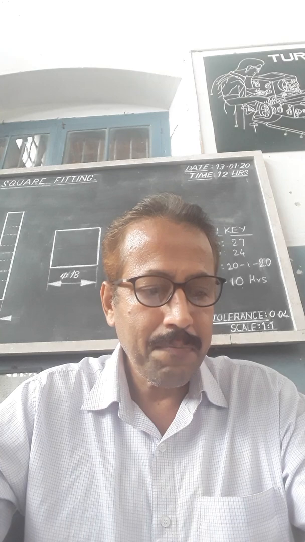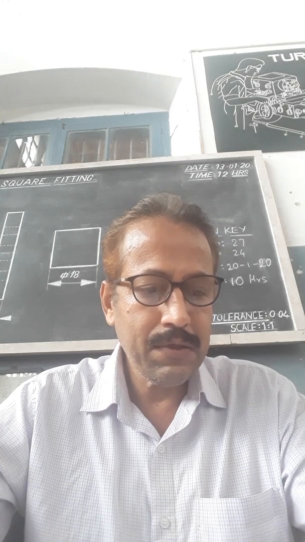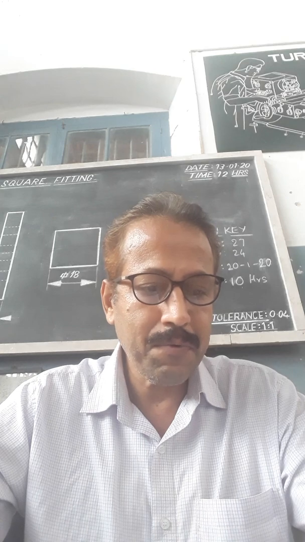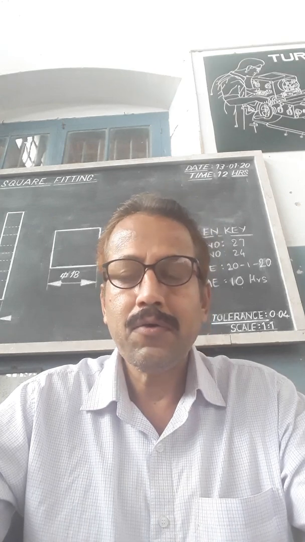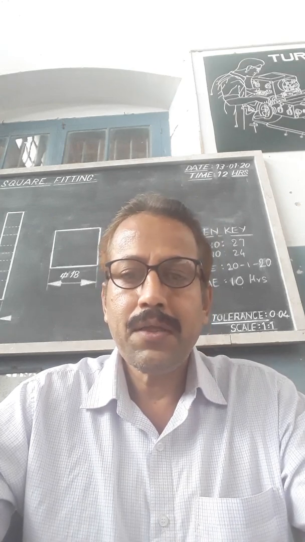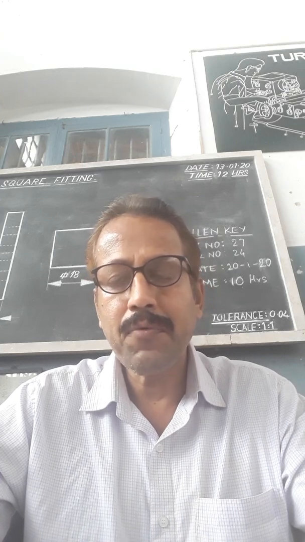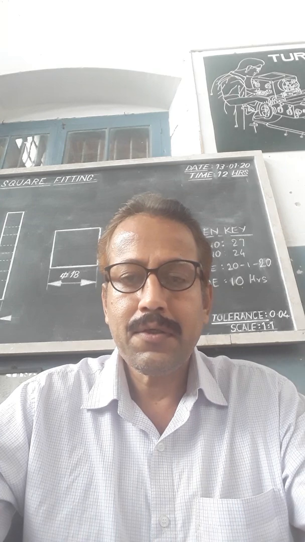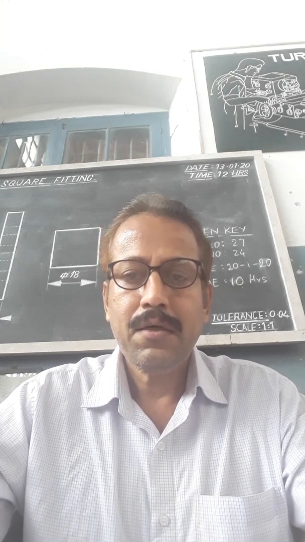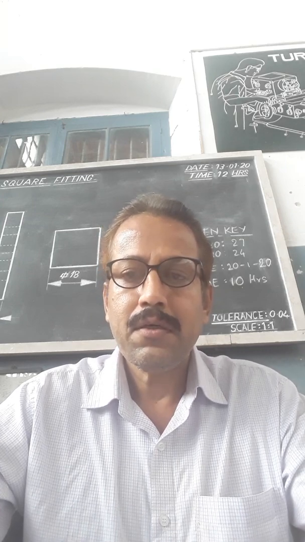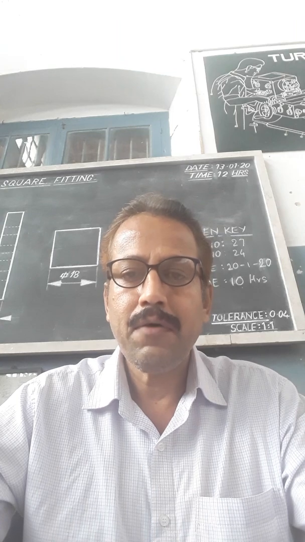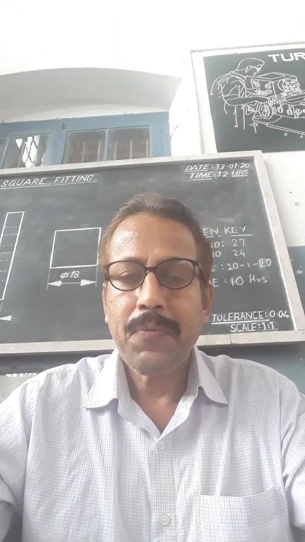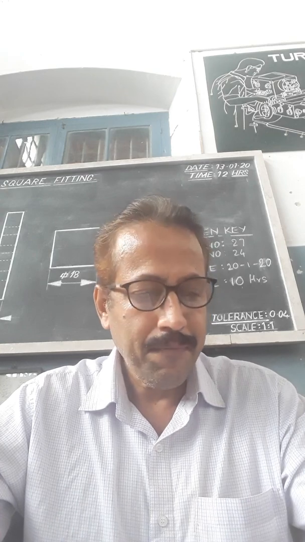A key is a metallic piece of wedge inserted between a shaft and hub, parallel to the axis of the shaft. It is proportionate to the shaft diameter. So it is inserted between the hub and the shaft, meaning some portion of the key sits in the hub and some portion of the key sits in the shaft. For seating of the key, a way is cut and that is called a keyway. This is parallel to the shaft axis.